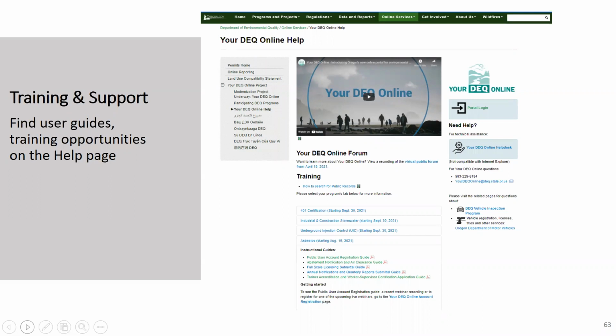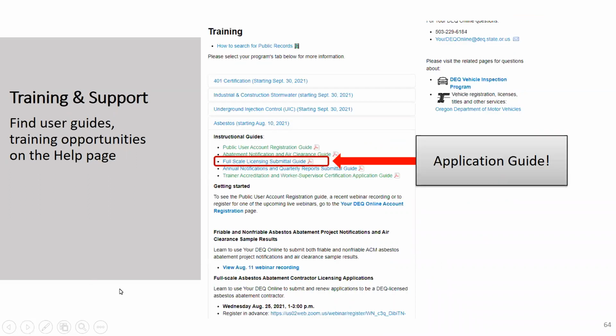The other thing is on that other page that you were on, if you could go back to that, you can see here the friable and non-friable course, with the date and the webinar that was recorded. Underneath that is our class that's happening right this second. That's where you're going to see the recording, right where you clicked to register. After this recording, after we download it and send it to our web team, they'll upload it there. Also further up on this page is the link to the help desk, of course, and other resources. So please feel free. This is a great go-to when you're revisiting this, coming back to it, and need any help.